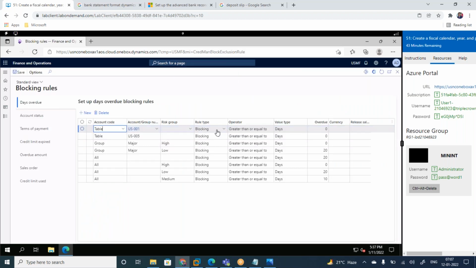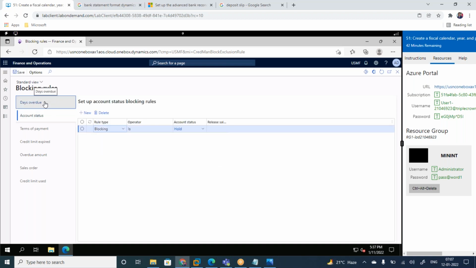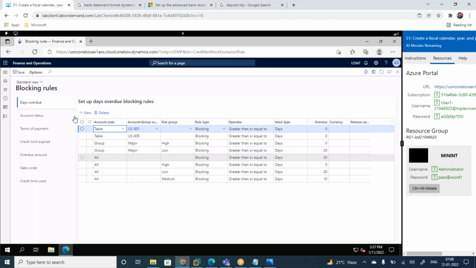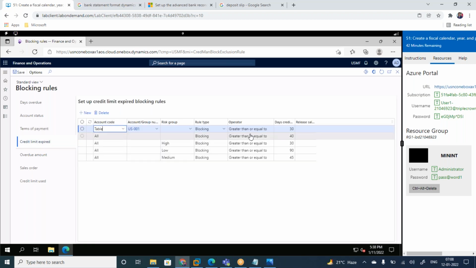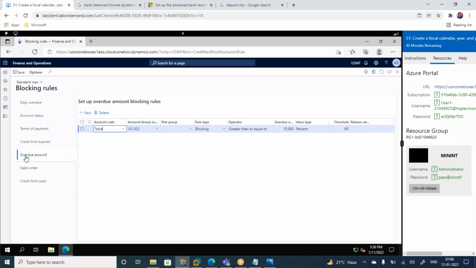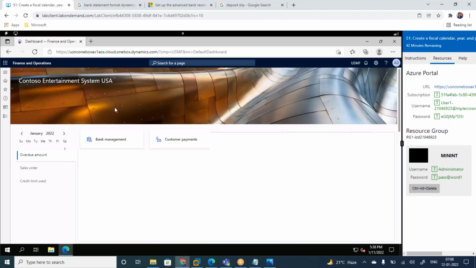So then there are so many, everywhere it is blocking. As I told you, one is days blocking. If the days are crossed, it is blocking. If it is on hold status, it will be blocking. If it is terms of payment, it is blocking. If the credit limit is expired, it is blocking. If the overdue amount plus the sales order amount is more than the limit, it is blocking. Like this, it is there. Everywhere it is blocking. So in this situation, if you create a sales order, if it is enabled and you are creating a sales order,